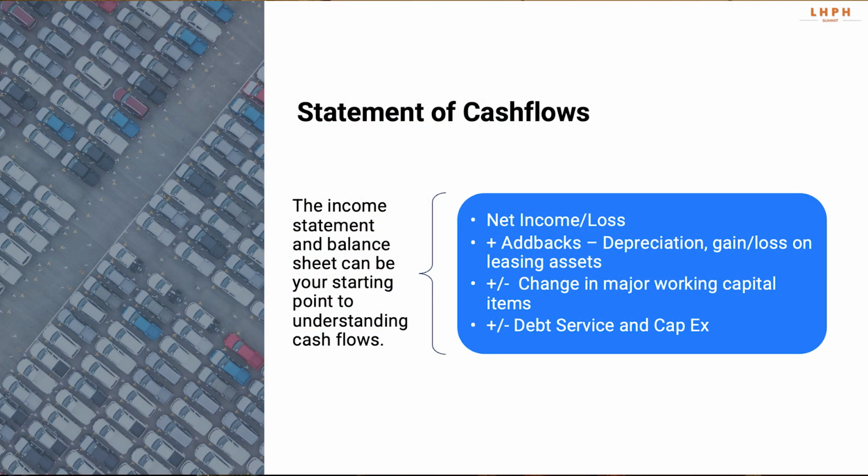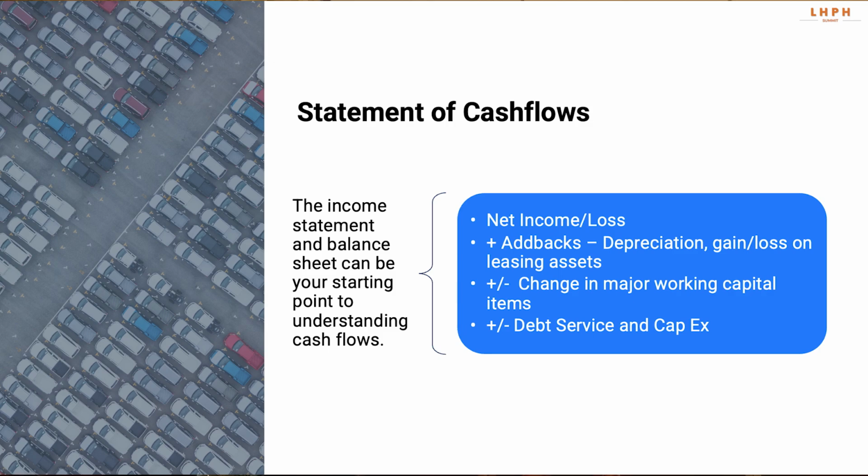And so the income statement, as we've talked about, doesn't always give us a full picture of cash. Neither does the balance sheet. But if we put them together with that bridge, the statement of cash flows, we can start to see where we currently are and where we've been. How that works, there's a formula up there. We start with our net income or net loss. That's a great beginning point for cash flow. But we need to adjust it for non-cash items.